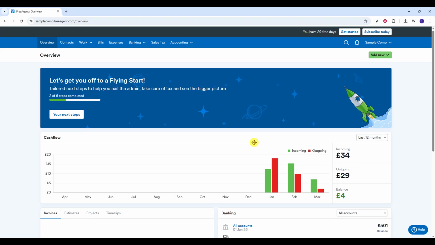Hi guys, in this video, I'm going to teach you how to upload receipts to Freeagent. By the end, you'll know exactly where to go and what to click so your receipt files are safely stored and easy to find later. We'll keep things simple and clear, and I'll share a few practical tips along the way so your uploads go